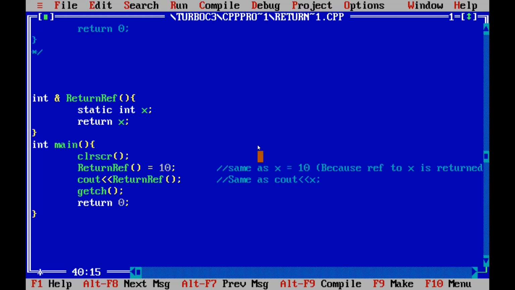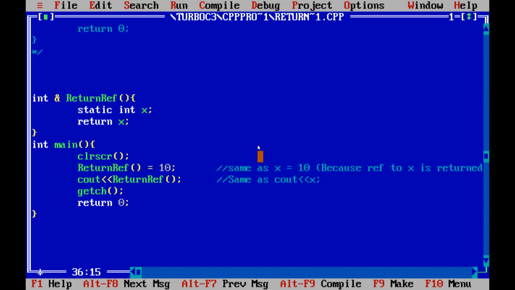We cannot access this particular x anymore, but the visibility and scope is there. So when I execute this code, it will execute successfully. So another option is either you declare the variable as a global variable, or a static variable can also be returned as a reference. So this is how we can get this.